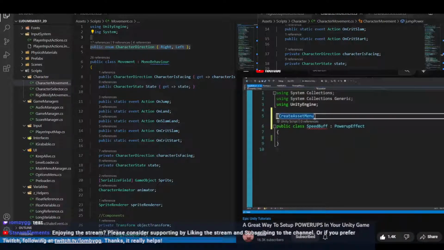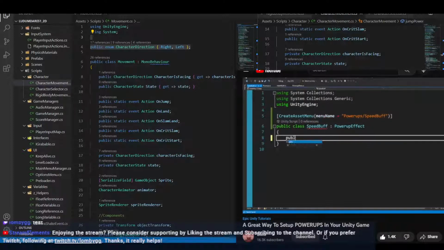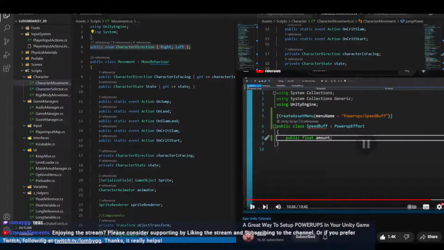We can add our create asset menu tag at the top, and in here we can say menu name, and again do power-ups. And this time we'll do a speed buff. We can make another public float amount, because for the speed buff, what we want to do is impact. Maybe what we want to look for is